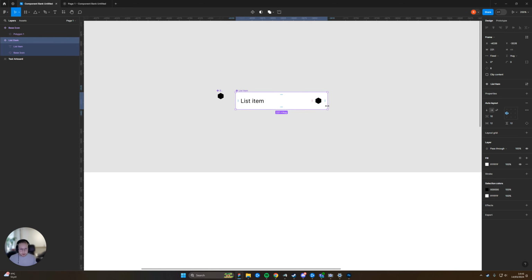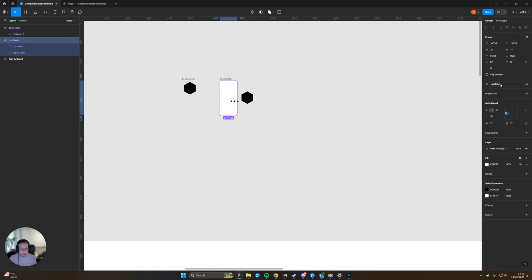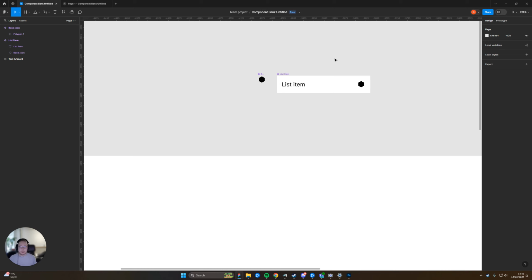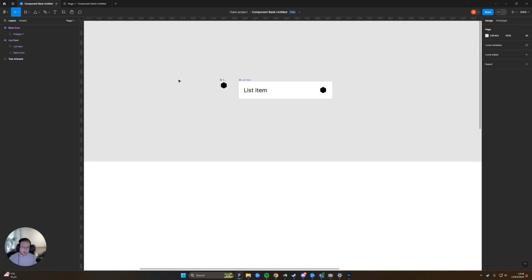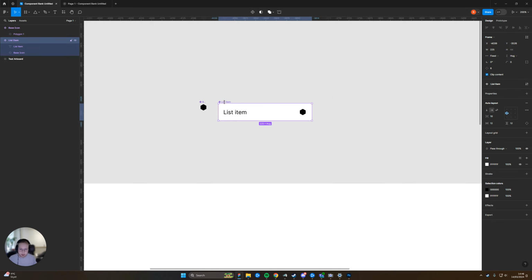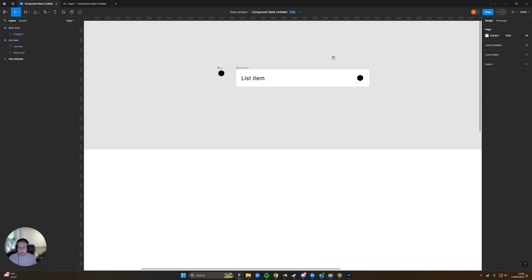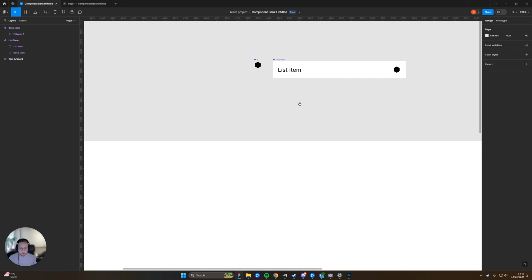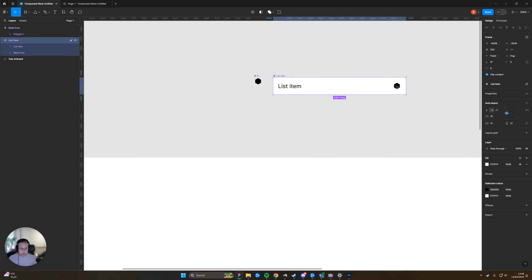Now what we can also do is, you can see when we close this one, it kind of sticks outside of the edge of this container. I'm going to fix this by clicking on clip content. So now everything will go inside of this container as well. That's just a cool little trick. You can make some really cool reveal animations later down the road when we are going to prototype this thing. So now 320. And the last thing I would like to do for this list item is I'm actually going to make one more